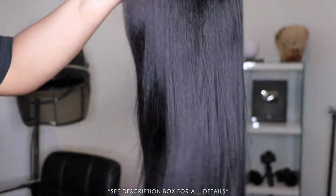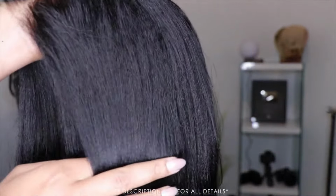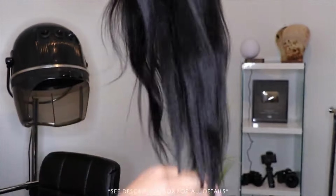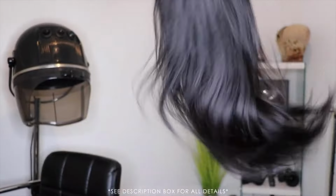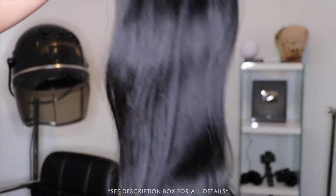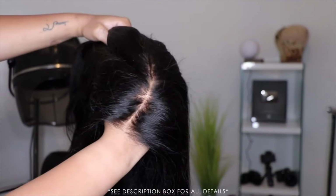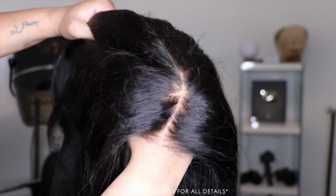Honey, onto this unit. I am super excited because this texture was so flawless and perfect. And honestly, Yaki textures are really starting to grow on me because they just look so natural, and it looks like our African American hair when it's blown out. But I'm more so excited about trying UNice's Bye Bye Knots wig, which means this lace is already pre-cut,